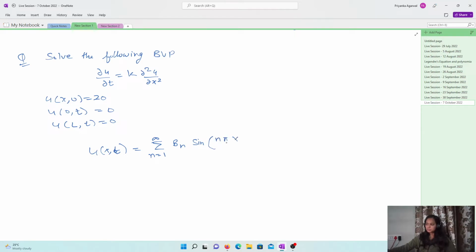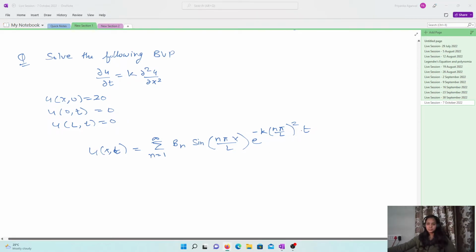n pi x over a, e to the power minus k n pi over l square into t. So this is the solution which we have. Now we have to write the coefficient. We have to find the coefficient over here. So the coefficient can be written as